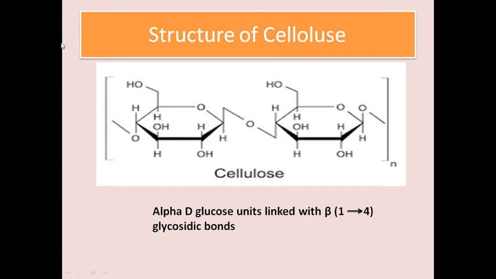It is digested by the enzyme cellulase, which can hydrolyze beta-1,4 linkage, but due to the lack of the enzyme cellulase, cellulose cannot be digested in humans. Therefore, it acts as a dietary fiber. There is no dietary importance for calories. It contributes to a major portion of roughage, dietary fiber, in the vegetarian diet.